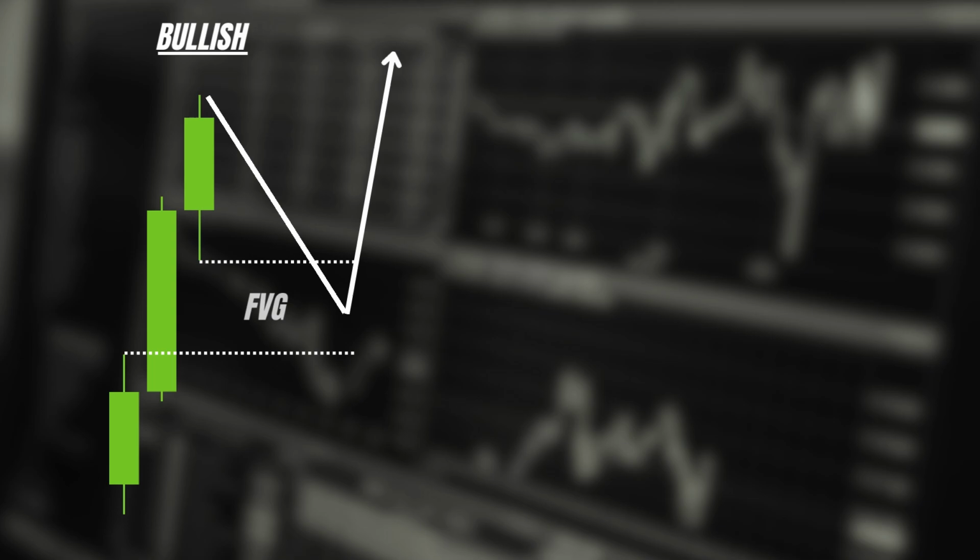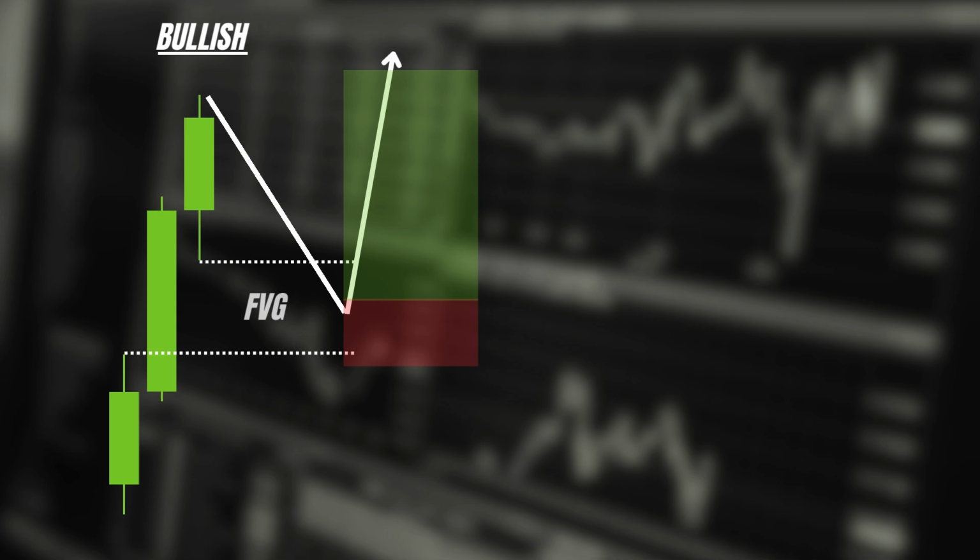In a bullish market, a fair value gap is identified between the wick of the first candle and the wick of the third candle in a three-candle sequence. This gap creates an imbalance in the market, indicating that the price is likely to pull back to refill this gap before continuing its upward movement. By correctly pinpointing these gaps, you can capitalize on long positions as the market pulls back to fill the gap